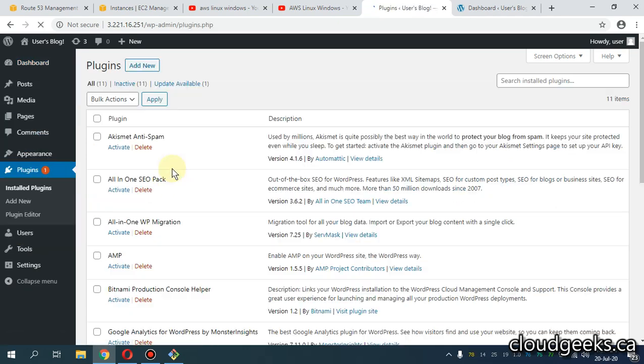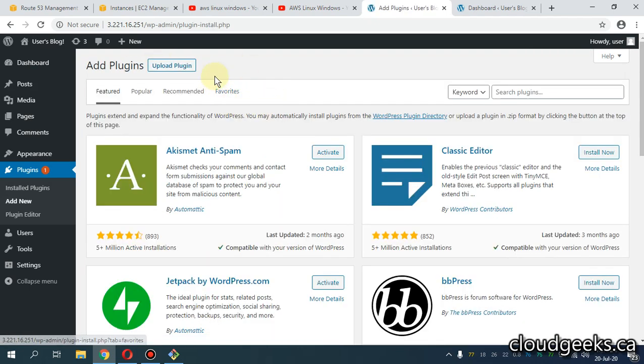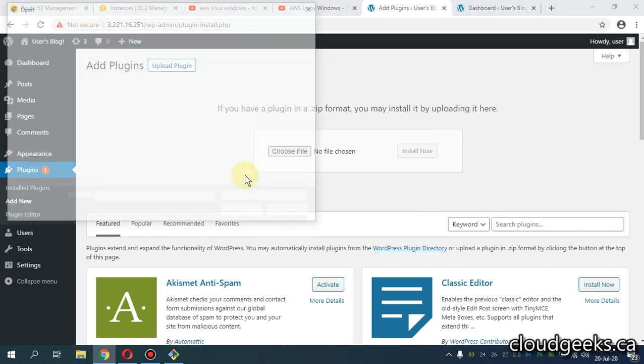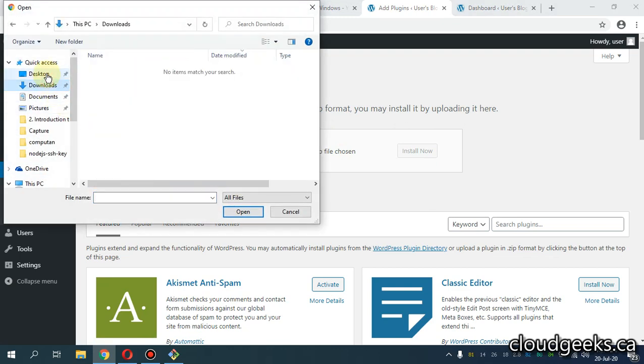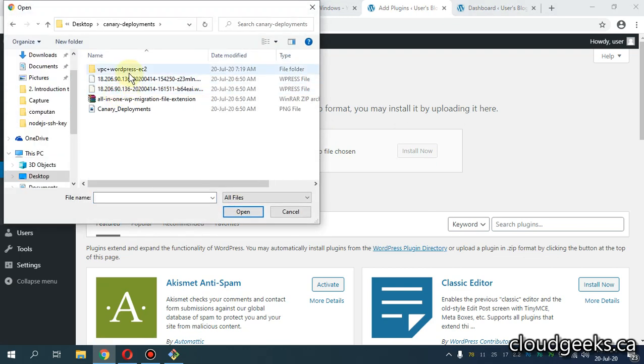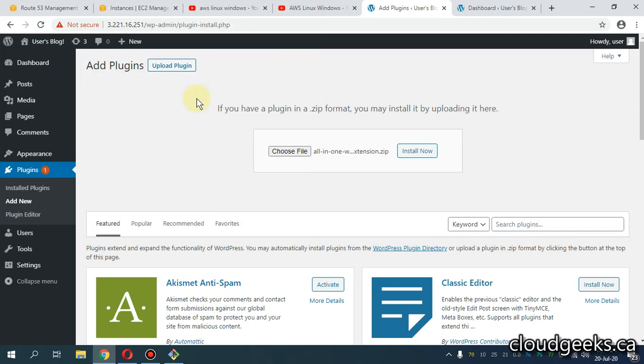As I told you, this is not just the Canary deployment, it gives you more understanding of how you can manage your application as well. I'm going to upload one of the plugins, navigate to this section, and simply use this All-in-One WP Migration file extension plugin. I'm going to install it now,